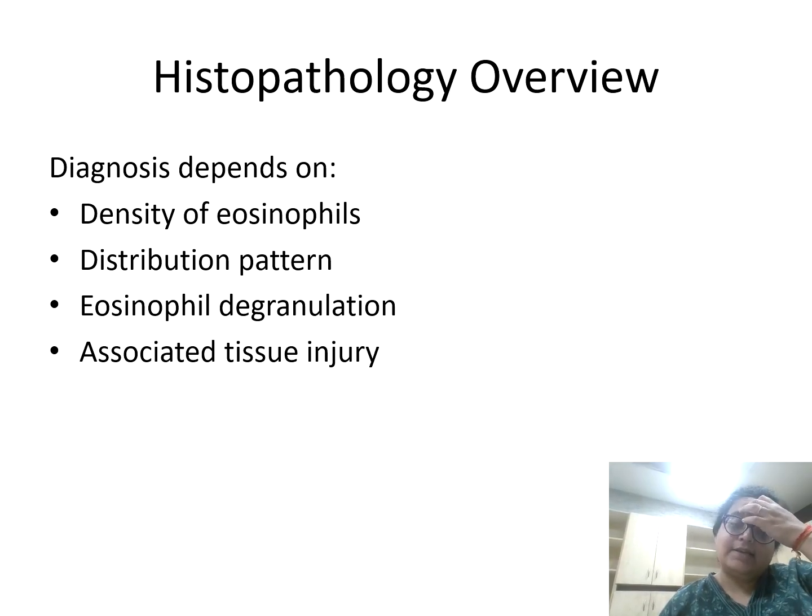Of course, as I said, the density, the number of eosinophils, where the eosinophils are attacking, the degranulation, which can be seen in toluidine blue staining, and of course associated tissue injury. You'll always see vascular permeability and edema because the eotaxin, etc., that comes out from the degranulated product increases vasodilation and increases the permeability of the vessels. So mostly when there's eosinophilic injury in a histopathological specimen, you'll get lots of eosinophils. You'll see eosinophilic cryptitis and you'll see edema and dilated vessels, maybe some congestion. So that finding is always there when eosinophils are involved in the injury.